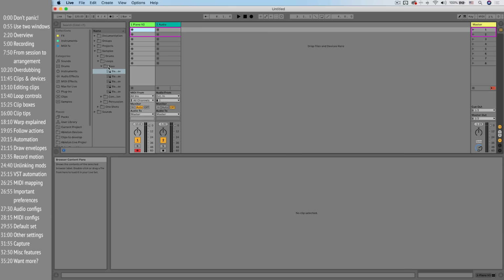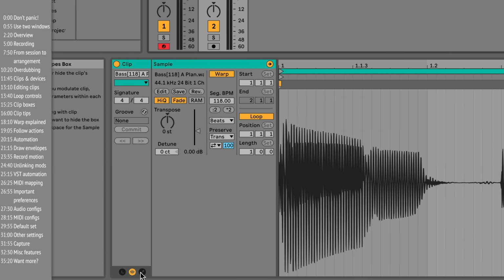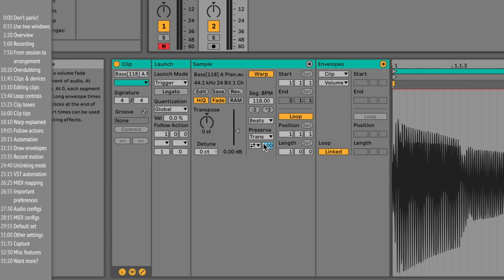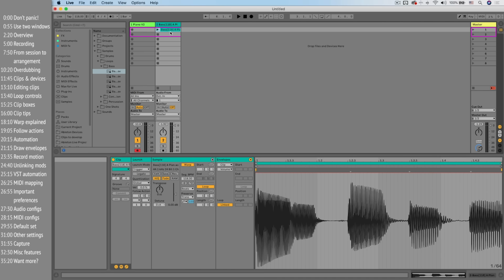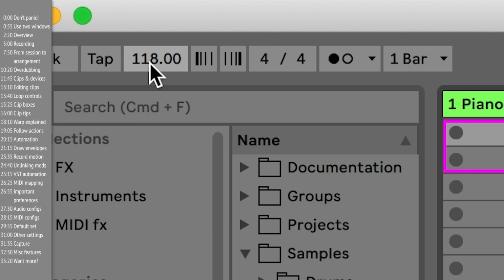Now, another feature you want to be aware of when you're working with samples is whether warp is active or not. So let's go into all the clip boxes here. By default, Ableton will attempt to warp or to adjust a clip's internal tempo to the tempo of your project. So this loop, for example, is in 118 BPM, and so is my track. But if I adjust the speed of my track,